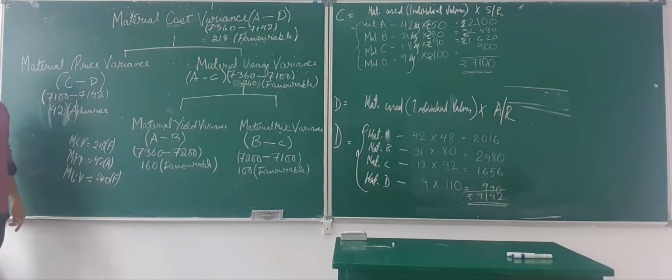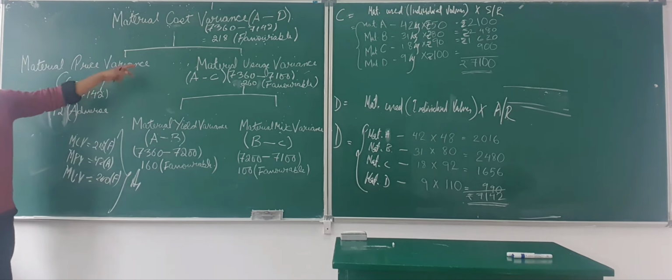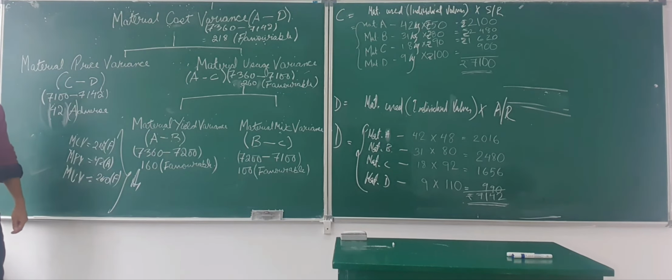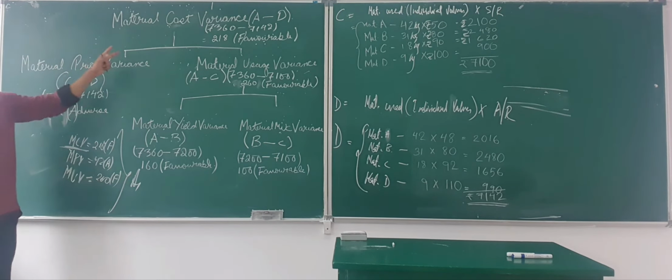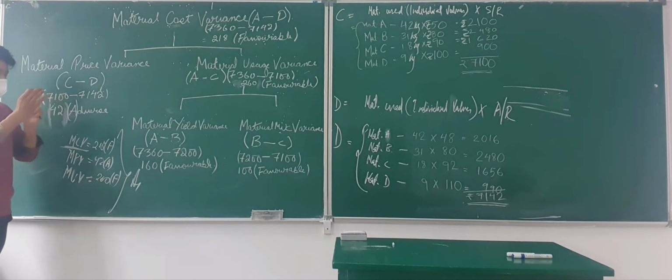Why am I writing again? Some of the teachers want this answer. They don't want to see your flowchart. They want to see how you write separately later. Is it okay? When you're writing this, please write full spellings. Here you can ignore. This is the flowchart. You can just make it reduced. But when you're writing at the end, the answer, write the full spellings. Am I clear? Yes, sir.